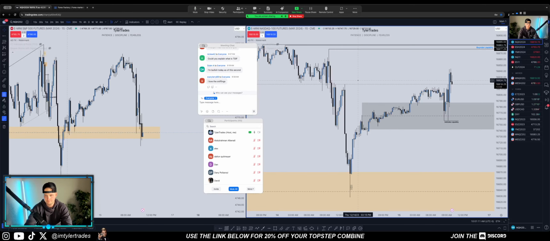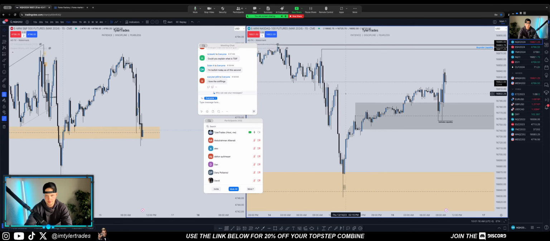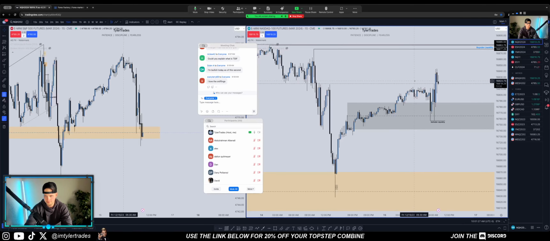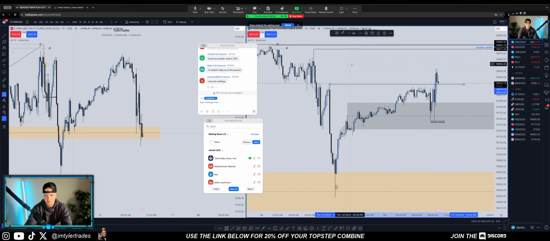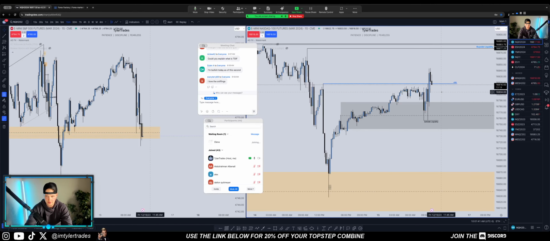Maybe I could be wrong with the bias. Looking at even this 15-minute chart now, this is that breaker, and we've traded back above it. This entire inefficiency, this gray box right here, is the opening range gap from today. So extend this across. Right now, that's what we're hitting. Bullish breaker, okay? So I want to see price start displacing up, and if it can do that, I'd like to start looking for longs.